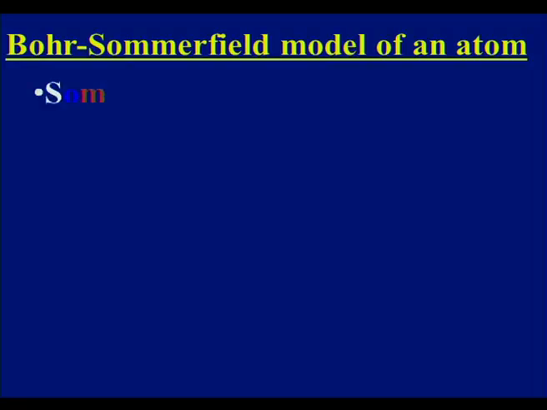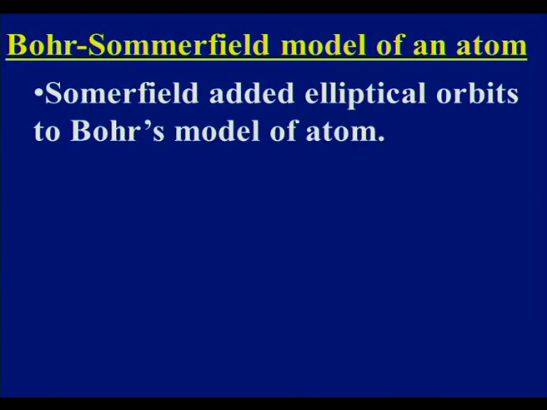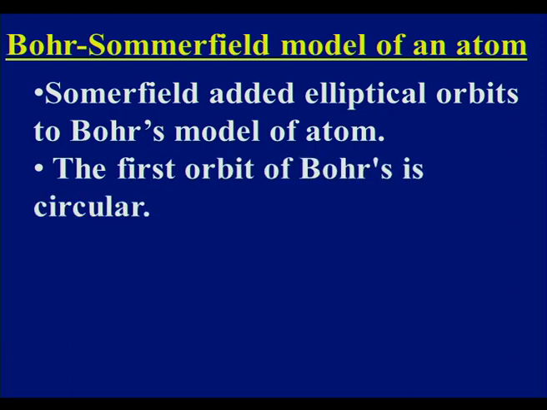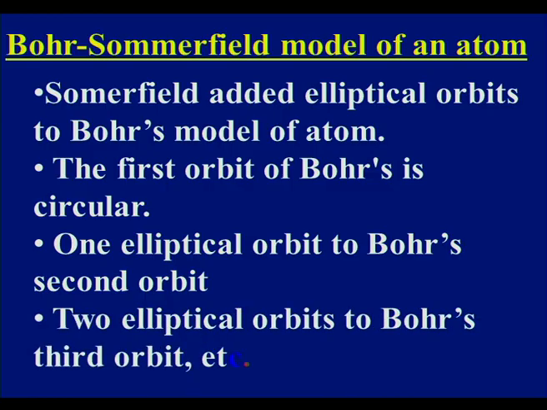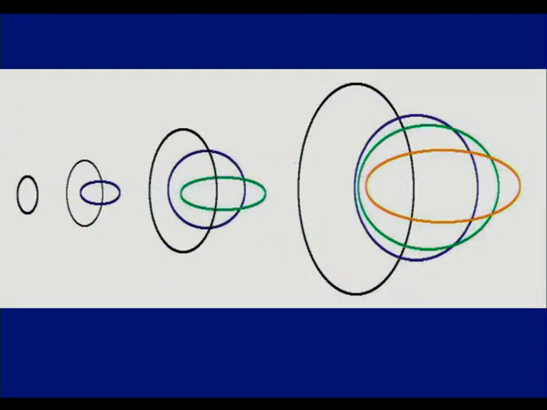Now, let us see it. Sommerfeld corrected the Bohr atomic model by adding elliptical orbits. He said that the first orbit of Bohr is circular. One elliptical orbit is added to Bohr's second orbit, and 2 elliptical orbits are added to Bohr's third orbit, and so on. Children, you can see in this diagram, the first orbit is circular, and